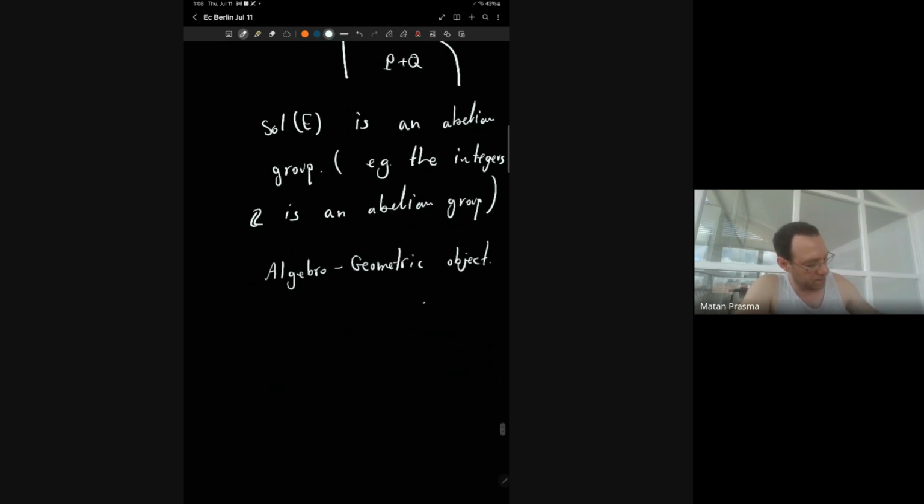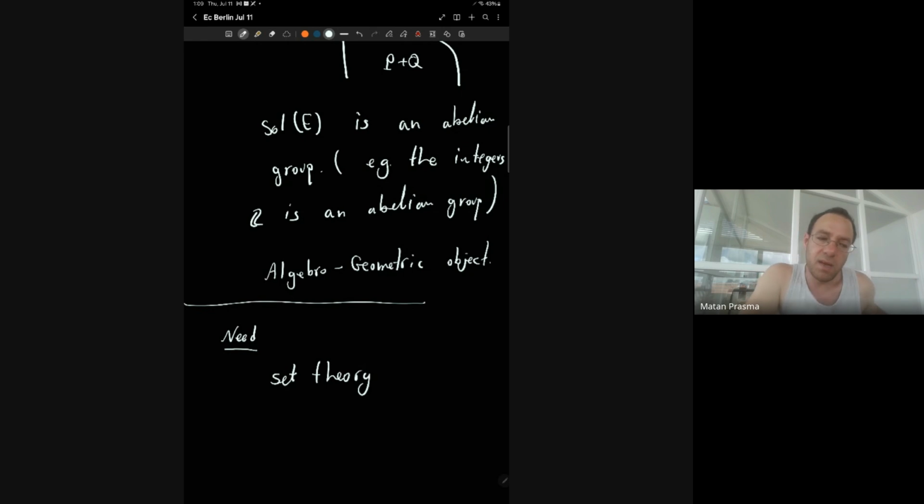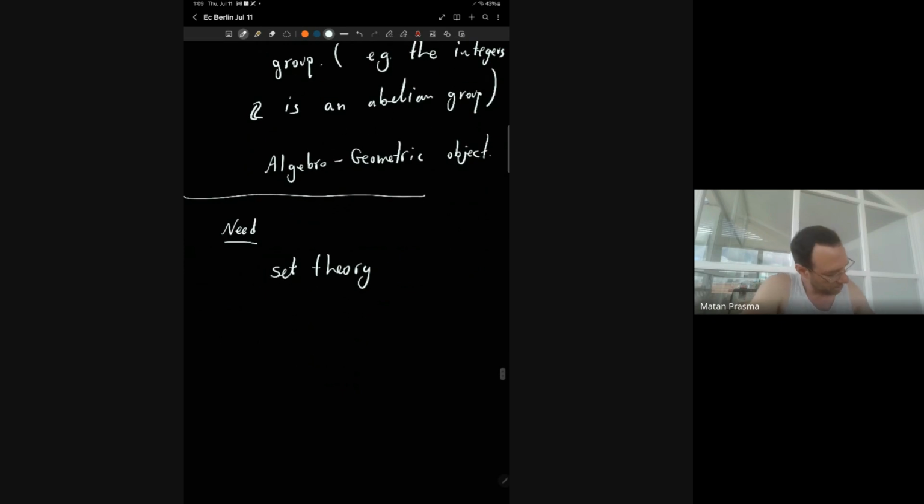But what we need is, first, to learn about the basic syntax of mathematics. The basic syntax in modern mathematics is set theory. So in set theory, you have sets. A set is a collection of objects. Let's say a set S is a collection of objects such that